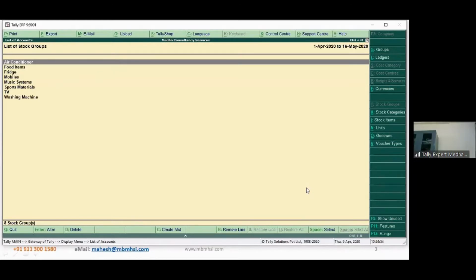Now the requirement is, I want to know which brand's products are available, and what are all the items available against a brand. So what we have done, if you are looking at the screen, is configure the group based on the product. Now in parallel I want to categorize based on the brands. How do I do that?